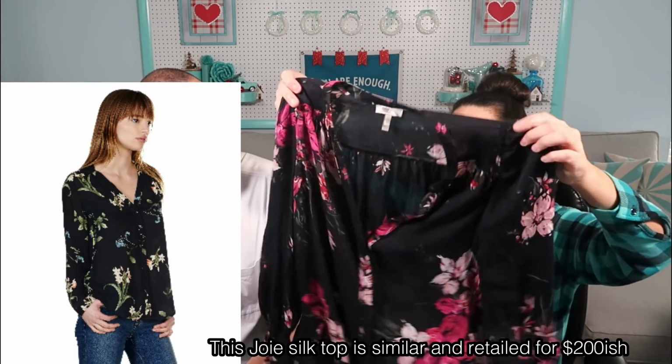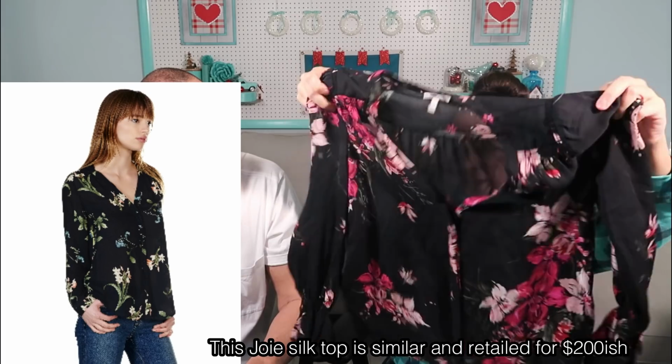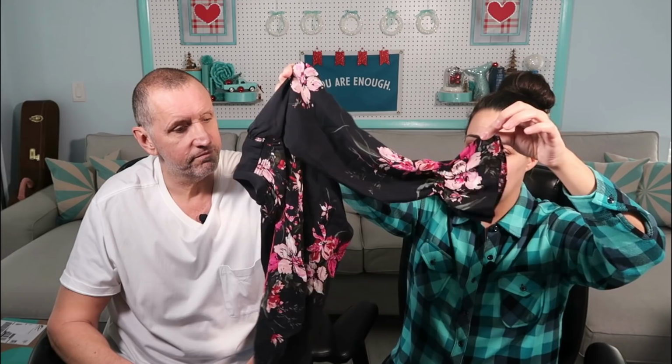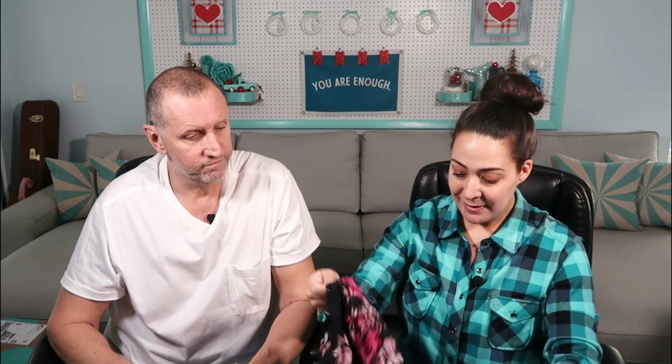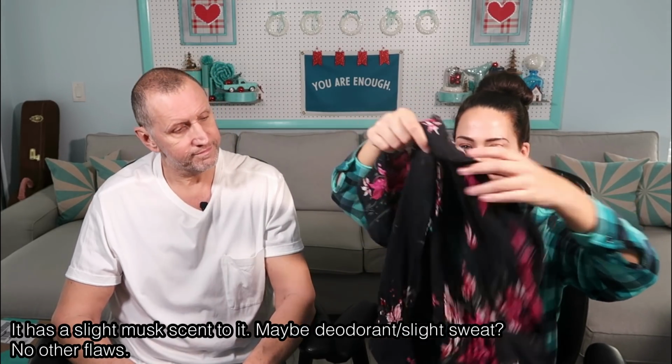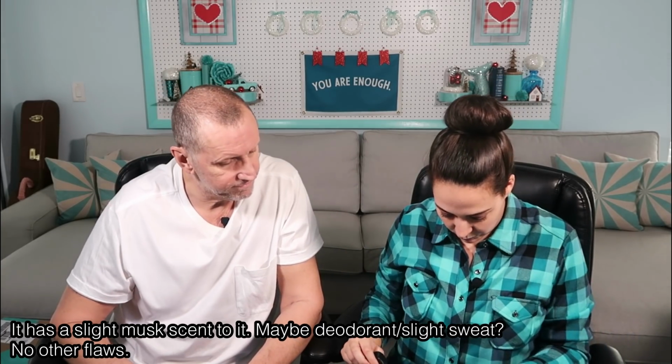This is, they blacked out the name, but it's JOIE. Extra small. It's silk. Again, this is more in line with the Splendid. It's probably retailing for just over $100. It's really pretty. The style is really nice with its sheered or ruched or gathered sleeves with the bell. I'm guessing it has a flaw. I'm guessing all of this stuff has a flaw. You never know with ThredUp if they consider things flaws that might be missing a button or...